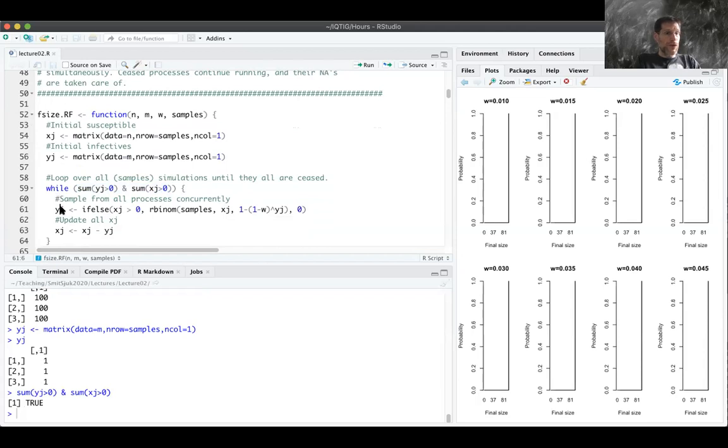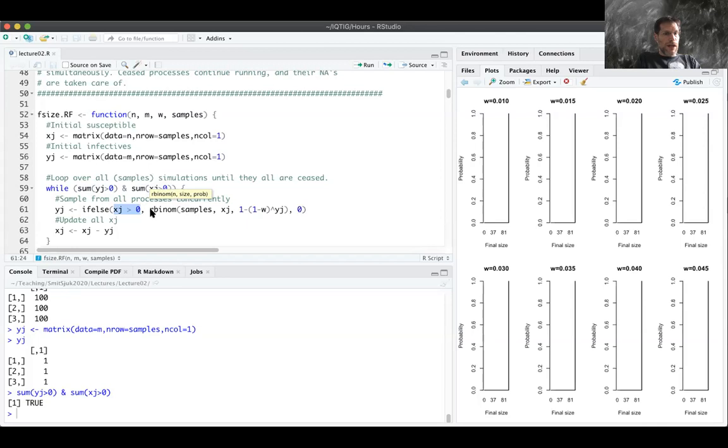So what we will do for each, and we will do this not for one epidemic at a time, but we can do this vectorized, which speeds up the simulation quite a lot. So what we look at: are there still susceptibles left? Otherwise, we will have a 0 because there will be no new infectious. And then we will use this quantity which we have